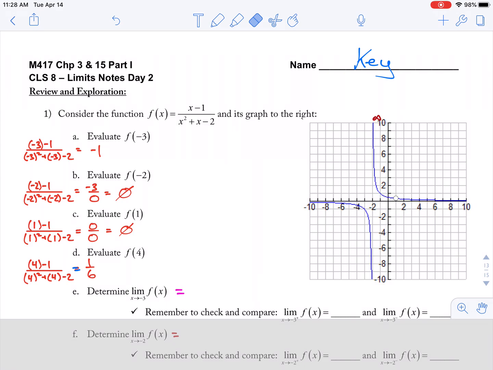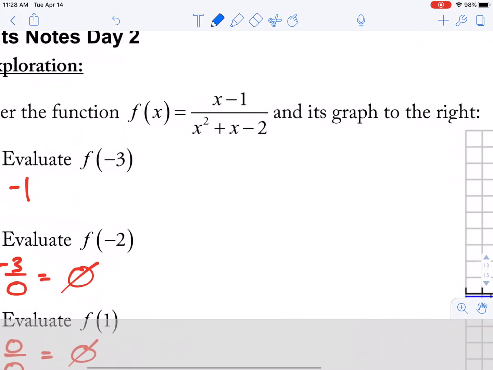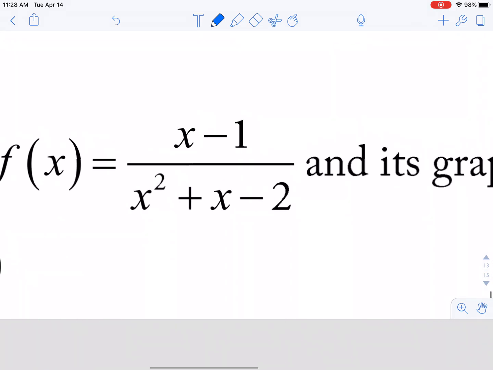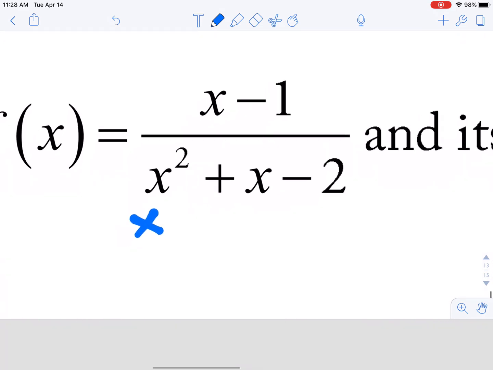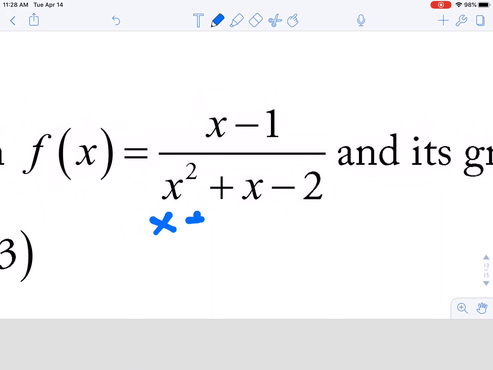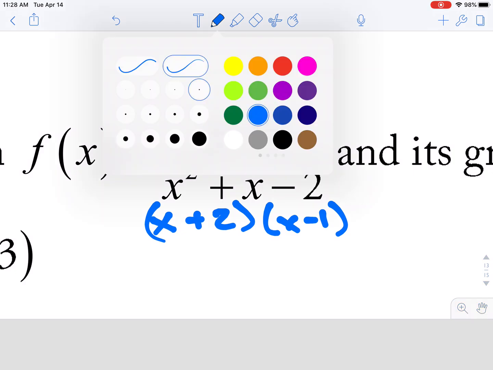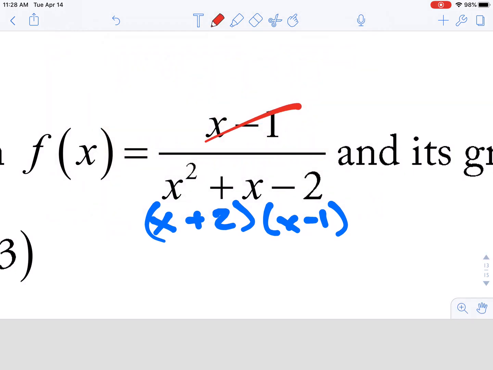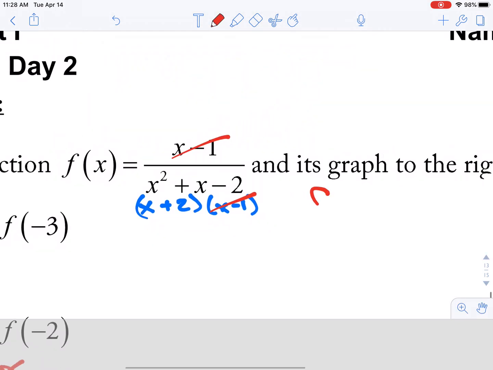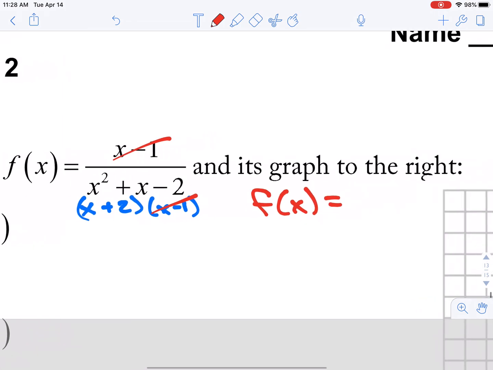So here's a review from what we did the last couple days, looking at a graph here if we wanted to evaluate this function. First thing, obviously, we can factor this. And when we do that, we end up getting a function that looks like f of x equals